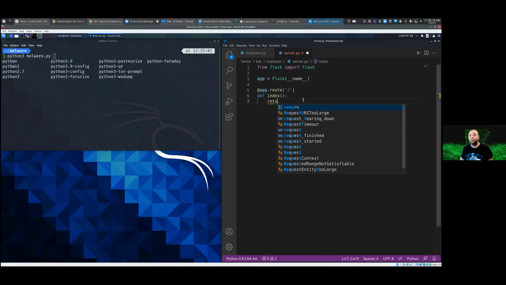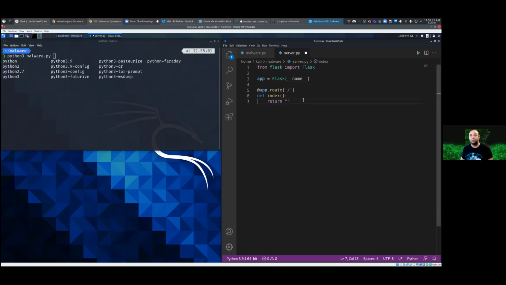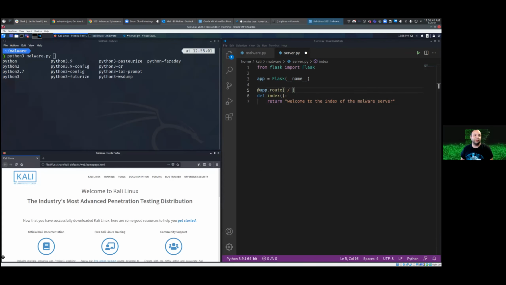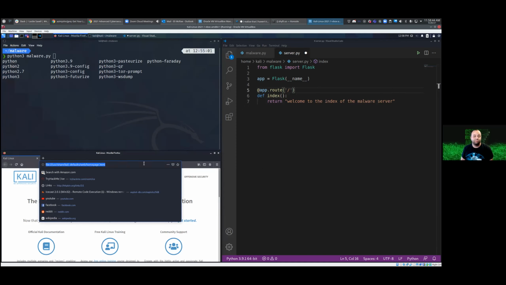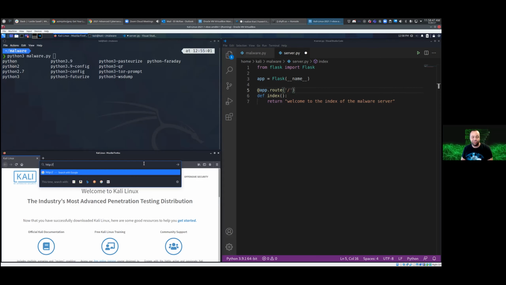And then we can simply return regular old text. Welcome to the index of the malware server. All right. So what do I mean when I say this? I'm going to open up Firefox real quick. Put this down here in the corner. And it'll be http:// my address, localhost, 5000. By default, it'll run on port 5000. I'll show you some tricks in order to make this a little more streamlined, less weird looking in the future. So let's see, localhost 5000